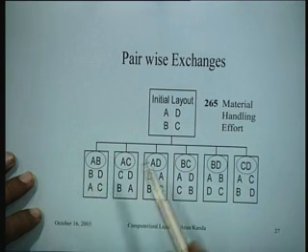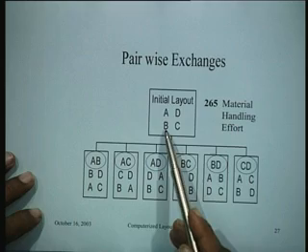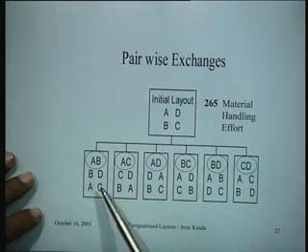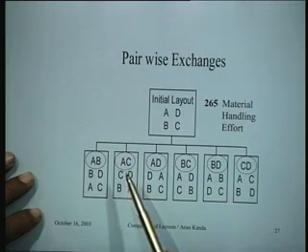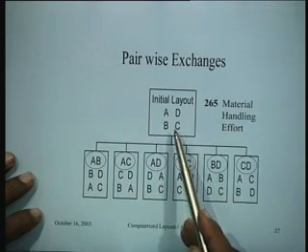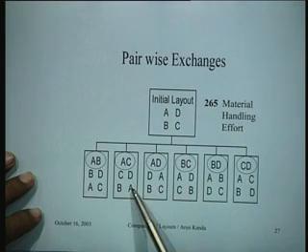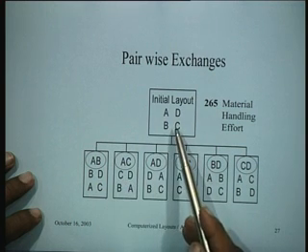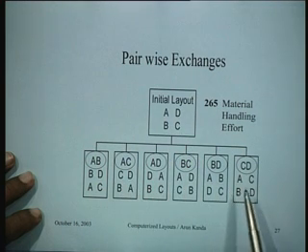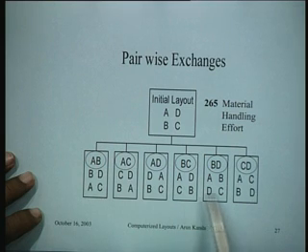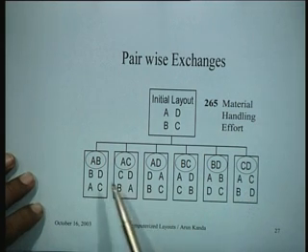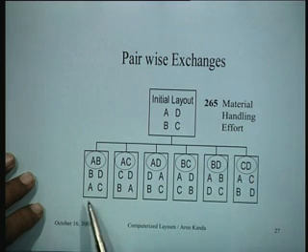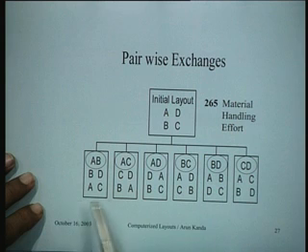So what happens is, for instance, that if we interchange A and B, this particular initial layout will be modified to B, D, A, C. Similarly, if we interchange A and C, the layout A would come here and C would come here, and D and B. So this would be the new layout that we could generate from here. So similarly, these are the 6 new layouts which could be generated by pairwise exchange of different departments, and we have got all these layouts.